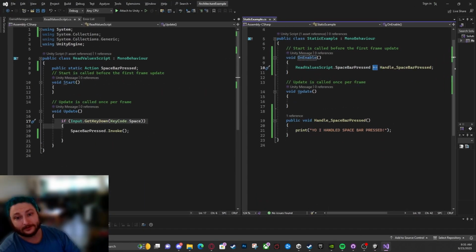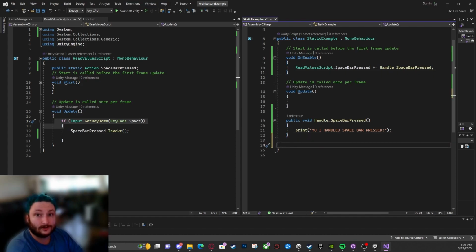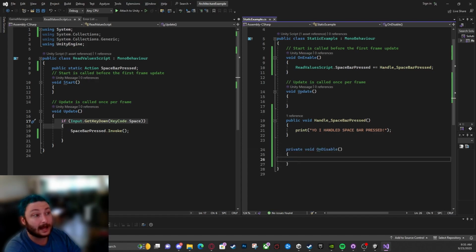I don't think it's true for the new input system, but it's still a good habit to get into. If we do a subscription like this, it's just like your Netflix subscription, right? You want to do it on disable or on destroy. Both happen when you load a scene. Both happen when you are disposing of an object. We want to